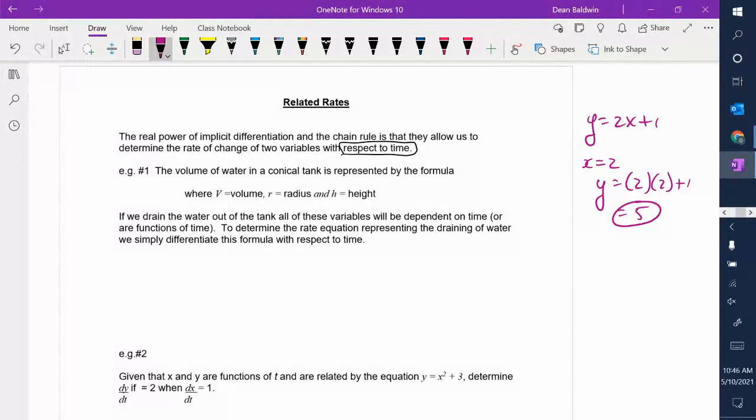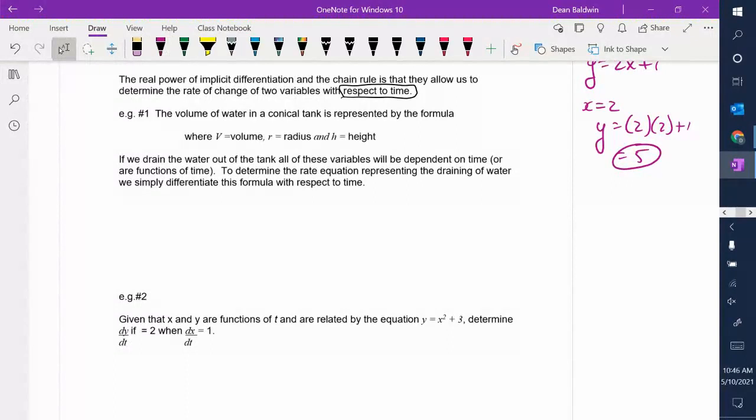When x is a certain number, y is a certain number. When we first started looking at limits, we talked about what is happening as the function gets closer to a number, okay? And the same as rates. We're asking how fast is something changing at a certain point in time? And if we're talking about how fast something is changing with respect to time, we're talking about derivatives, okay? So just as a practice question,